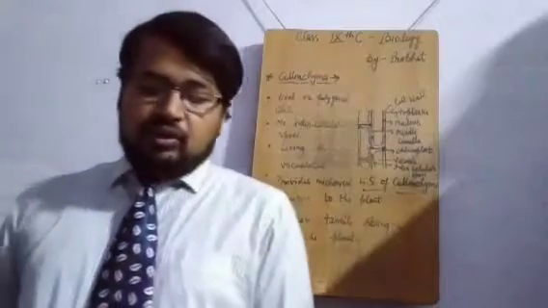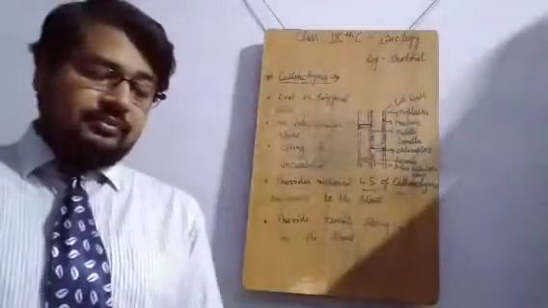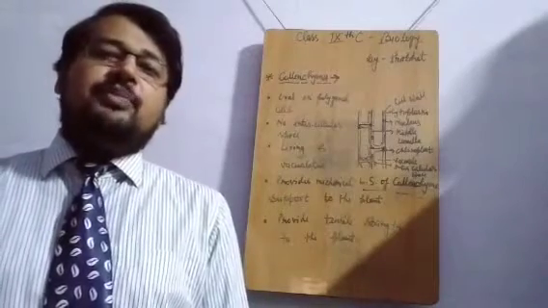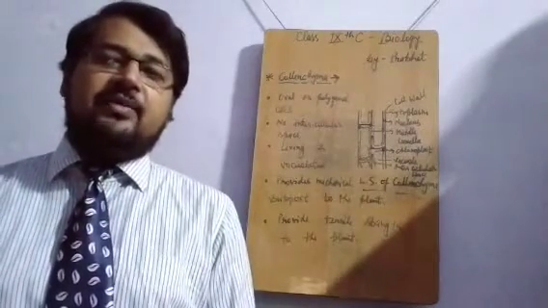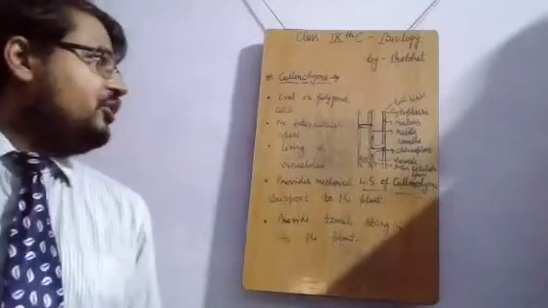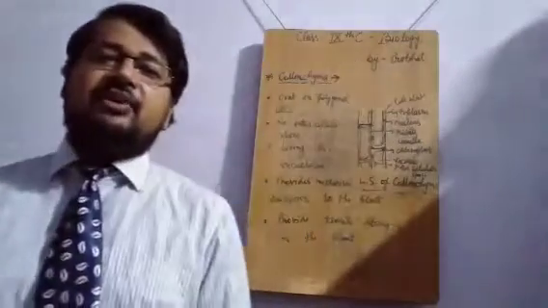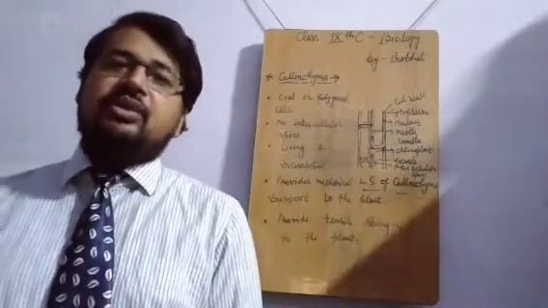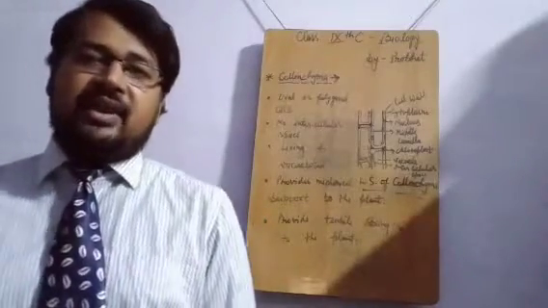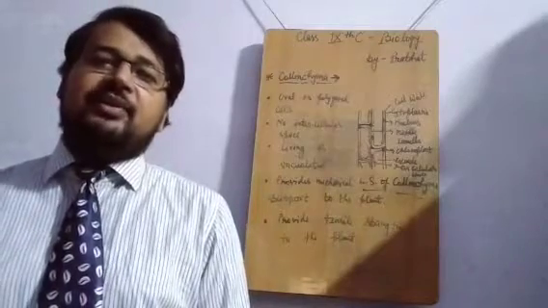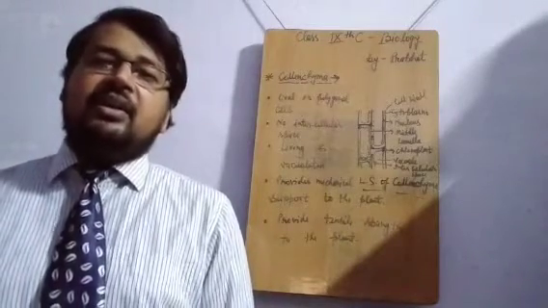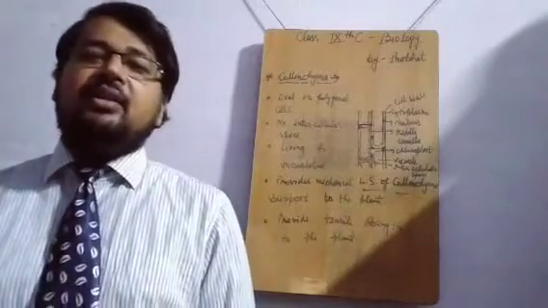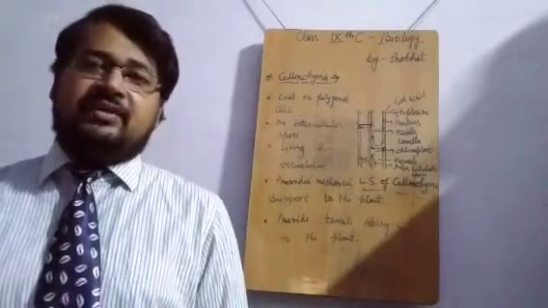So in this chapter we have covered two simple permanent tissues, parenchyma and collenchyma. Now our next focus will be on the last simple permanent tissue, that is sclerenchyma. In our next lecture, we will study sclerenchyma. We will make a comparative analysis. We will try to find out the specific features of sclerenchyma and how sclerenchyma is different from parenchyma and collenchyma. All these things will be discussed in our next lecture.